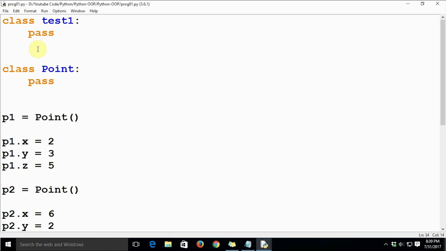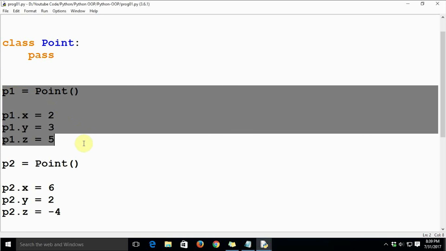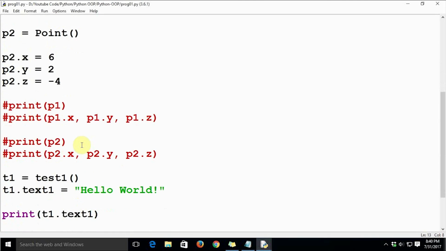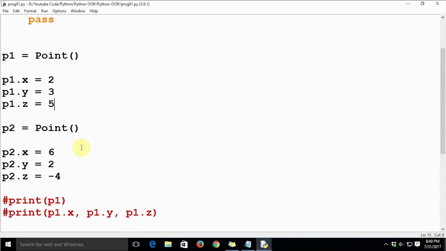If you want a couple of attributes for a class, you define the class as an empty class, and then you can add the attributes after defining the object. Whenever you create an attribute for that particular object, you will be able to use it in your code while running it. This is how we create a class and the attributes for that class.